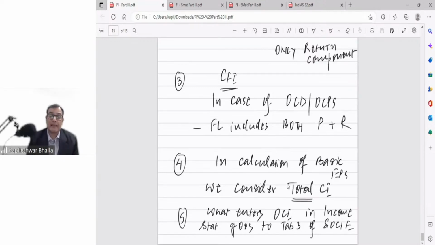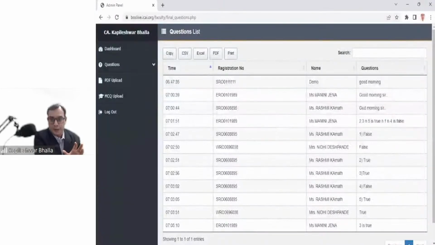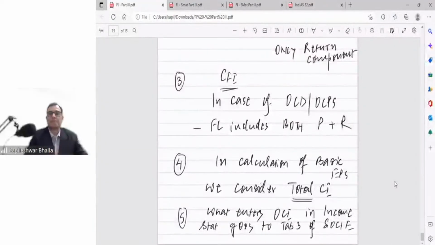So this statement is absolutely false, because we don't take total comprehensive income, but we consider only the profits which are there in terms of the P&L section. Okay, so I think the fourth one that was right is absolutely false. Great. And finally, the fifth one, what enters the OCI in income statement goes to the tab number 3 of